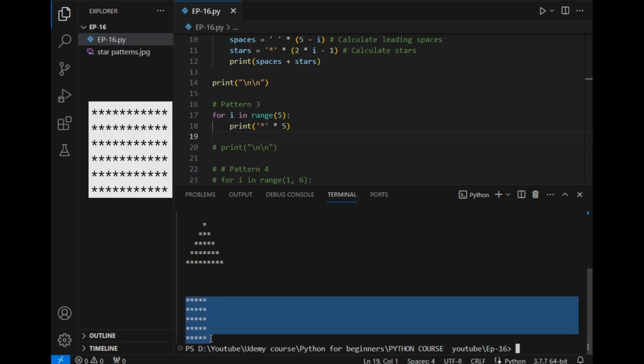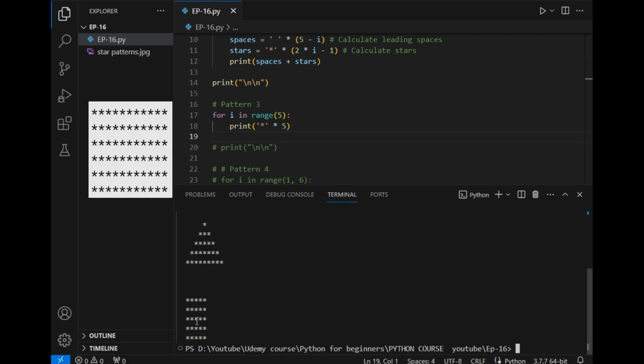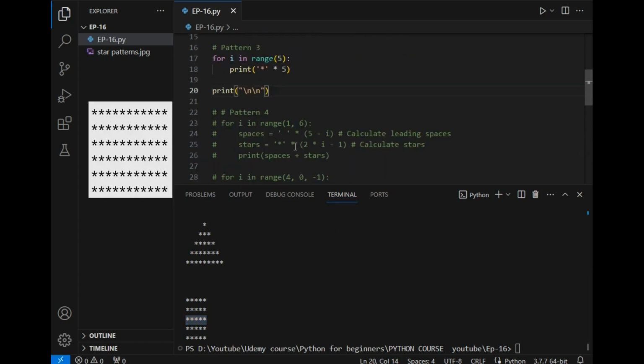So this is the output of third pattern. It has printed the star 5 times in each iteration. So this is very simple, as you can see. Now let's move ahead to the next pattern, which is